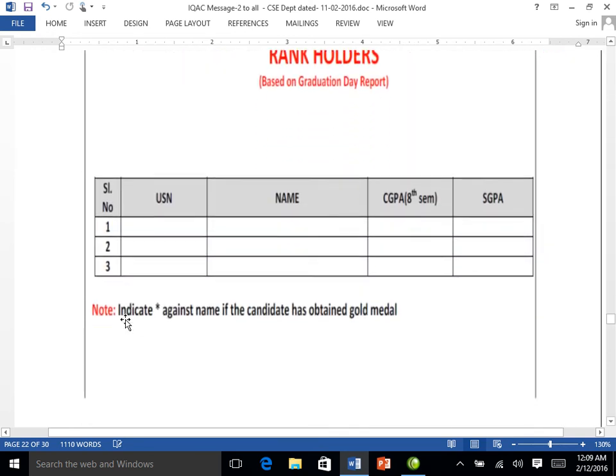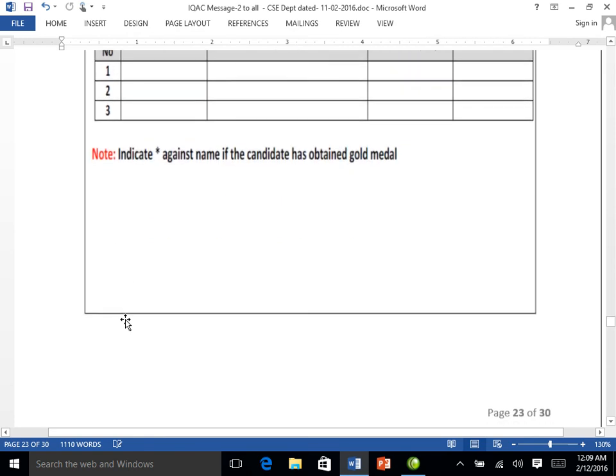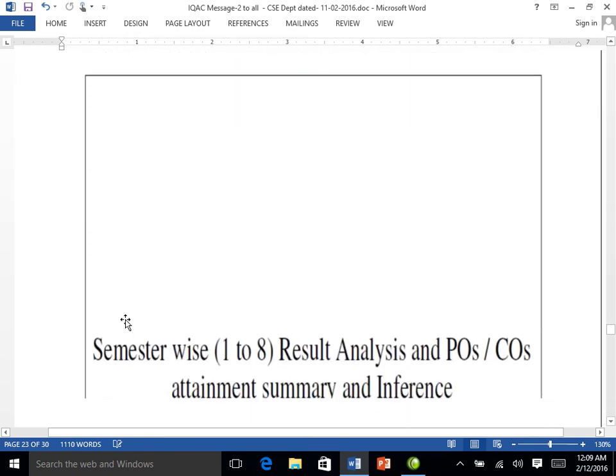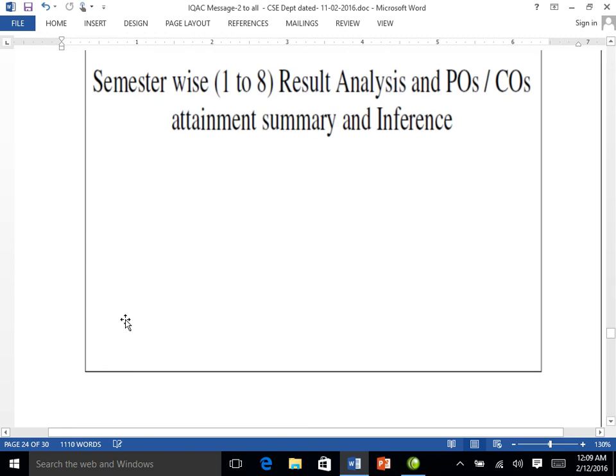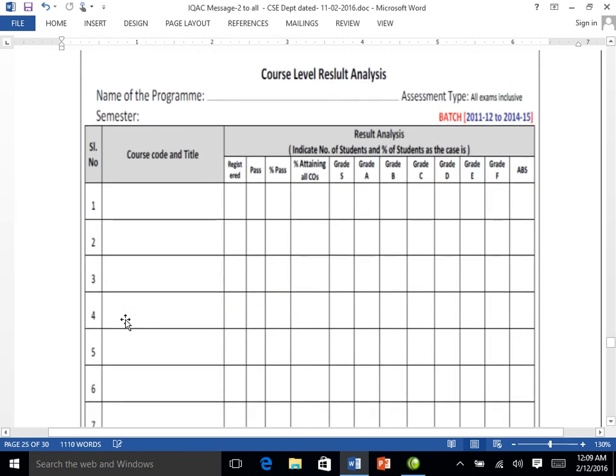Rank holders list you maintain. Semester wise 1 to 8 result analysis and POs and the COs attainment summary and inference are to be written here. For every semester, all these sheets are to be repeated. For every course,